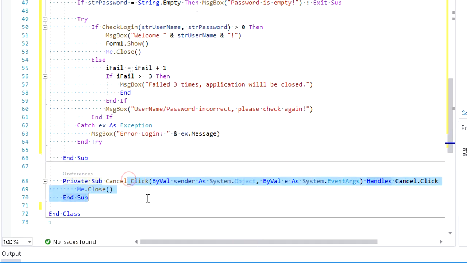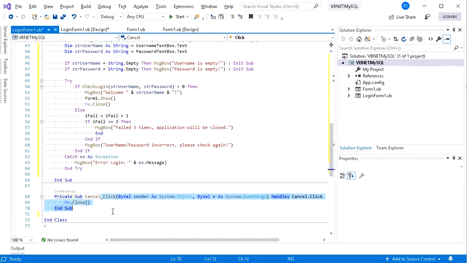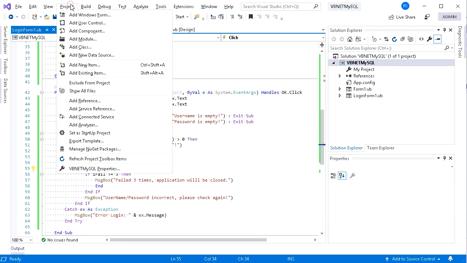For the cancel button, let it be as is, because all we need is closing the login form when the user clicks this button. Before we try to run the debug, we need to set this login form as the startup form. So let's go to the Project menu and VB.NET MySQL Properties. This is my project name, so the caption here will depend on the name of your project.